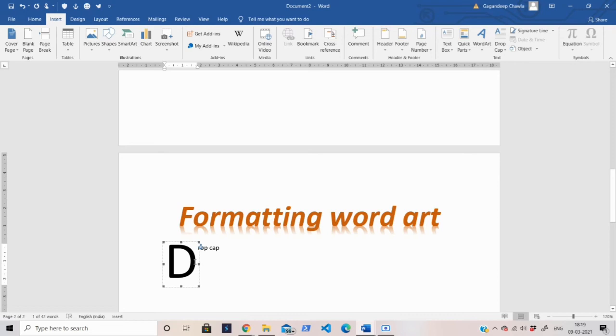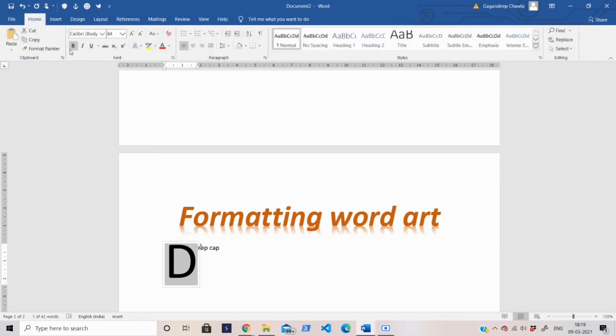The first letter is a bit larger as compared to the other letters, and it gives an artistic touch to the document. You can also format this particular D. As I have earlier told, whatever text you insert in the document can be formatted. So you can make it bold, you can change the color.